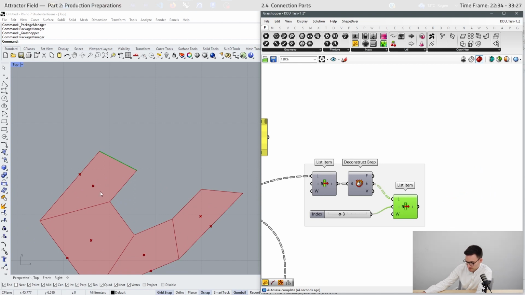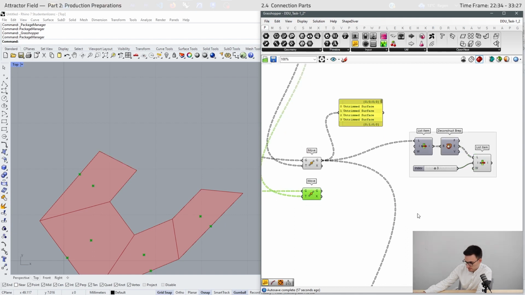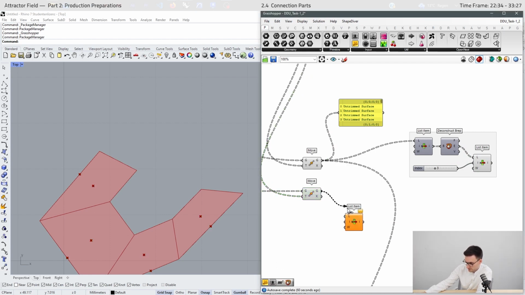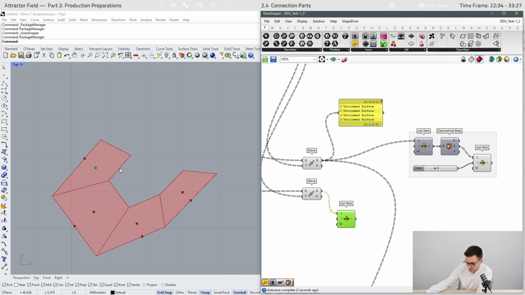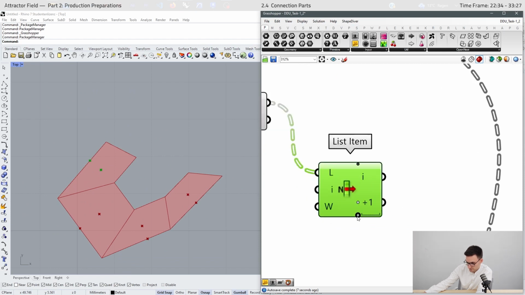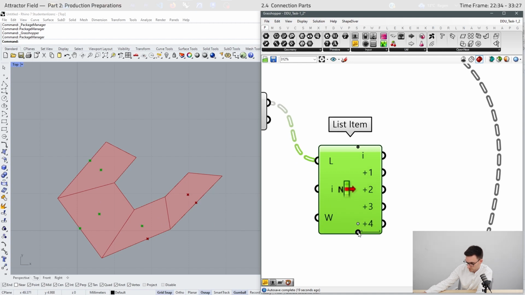Now we will use this centroid and project it onto the edge, so we get the direction and can modify this edge. Therefore we will use our points, and these points are structured, so we can use the list item component and find the right structure. So it starts with the centroid, then the point on the edge, the point, the centroid, the point on the edge, and so on.